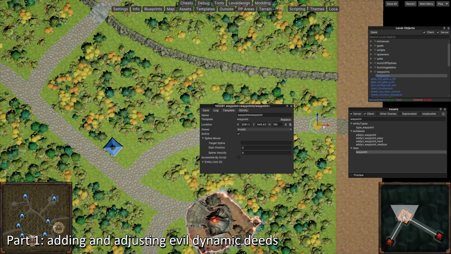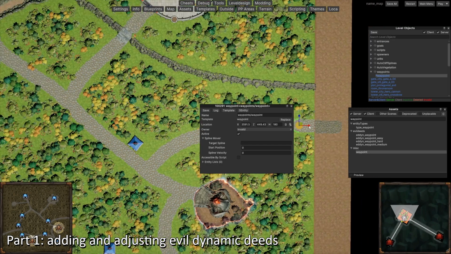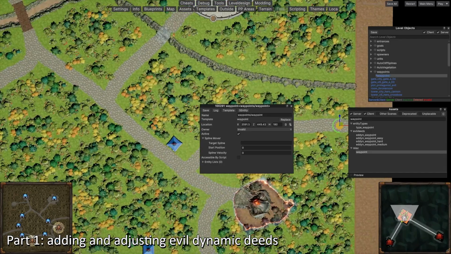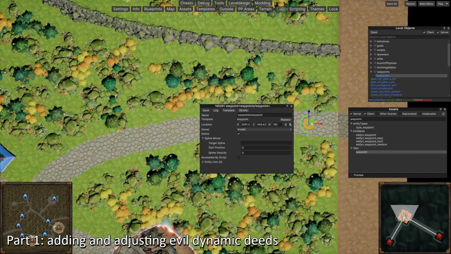Don't worry about the player seeing the caravans disappearing, because we're gonna add fog around this line so that people won't see the caravans disappearing. So a little bit like this, and we're gonna name it where it is located. So we do low underscore, and we say east, accessible by script, save all,